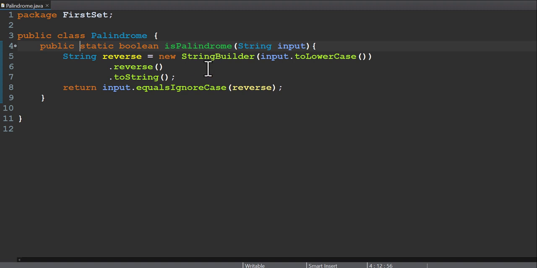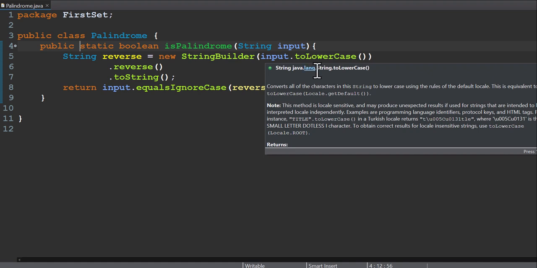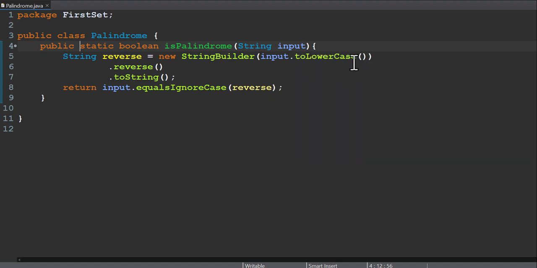I'm using a string builder here. I'm converting the input to lowercase, assuming that sometimes there could be mixed cases or some sort of case sensitivity. I'm converting into lowercase, reversing it,